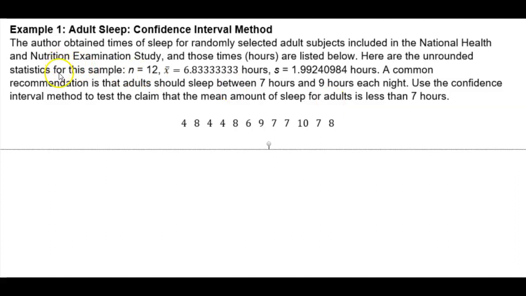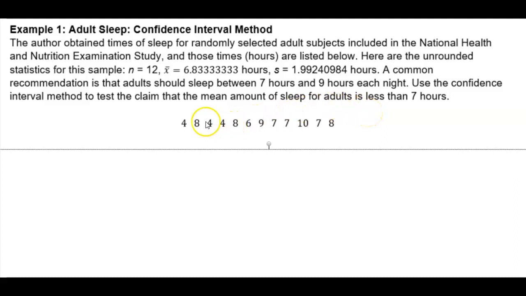Here are the unrounded statistics for this sample. So we have our sample size, which is 12, the sample mean, 6.8333 hours, and a sample standard deviation of 1.9924094 hours. A common recommendation is that adults should sleep between 7 hours and 9 hours each night. Use the confidence interval method to test the claim that the mean amount of sleep for adults is less than